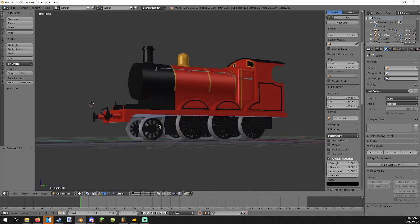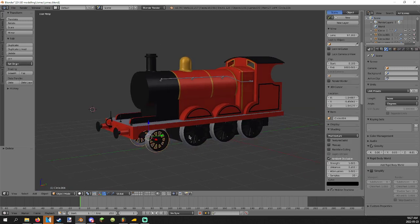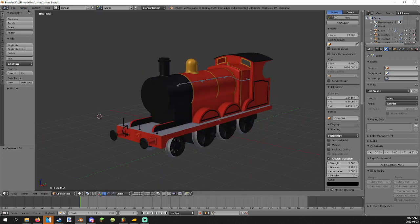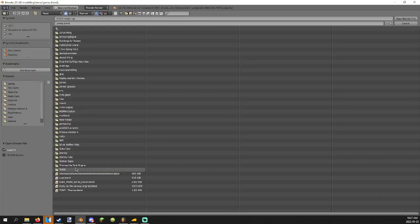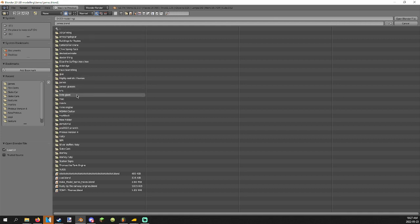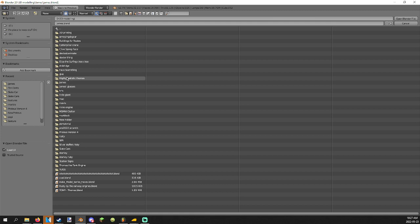Alright, so what you want to do is take your model, delete your track, and take your wheels. Wait, I haven't even. Okay, actually, no. This is not the model I'm using, because it's not finished in the part that needs to be finished. Instead, let's see. I didn't make Little Giant yet. Okay. Let's go with